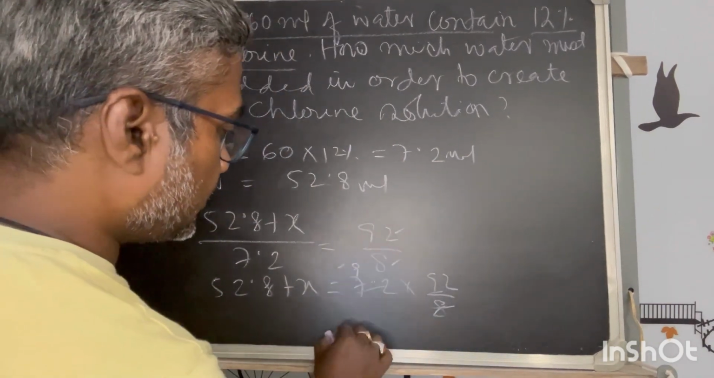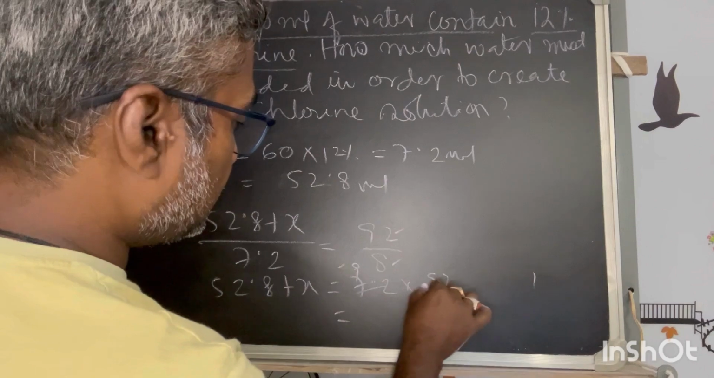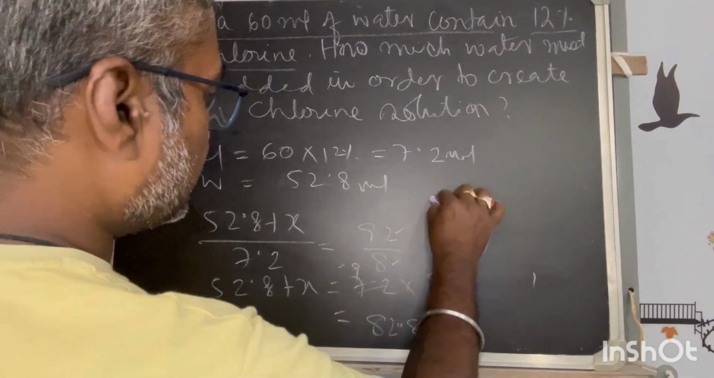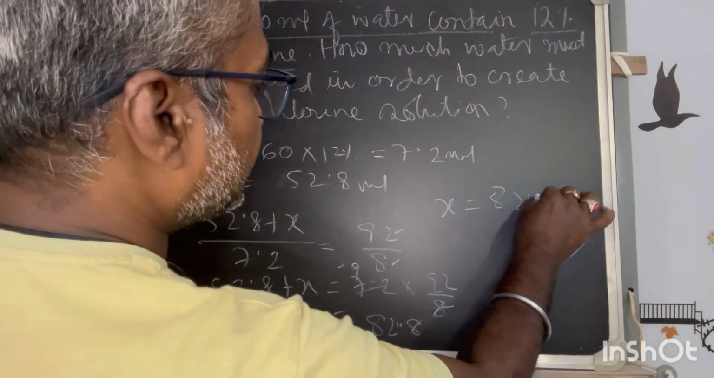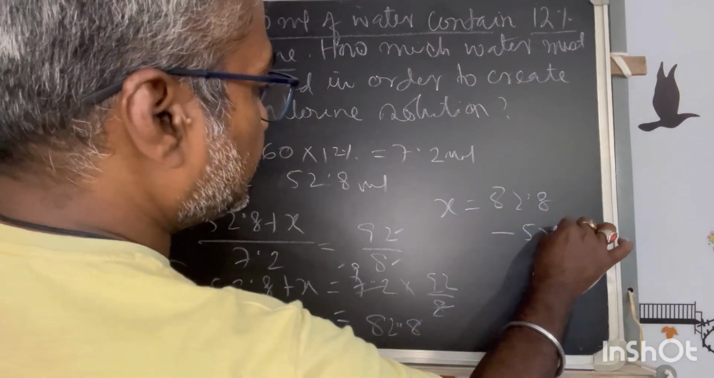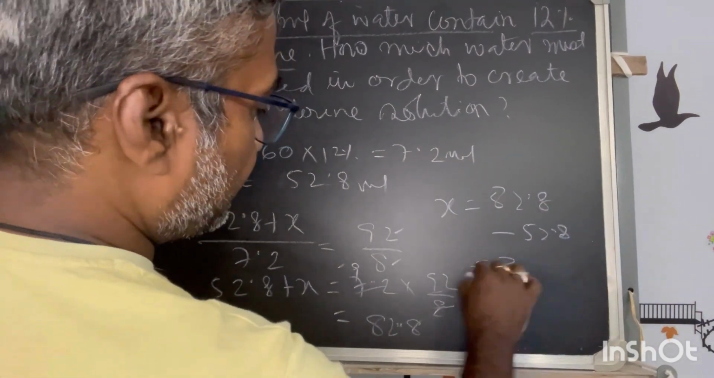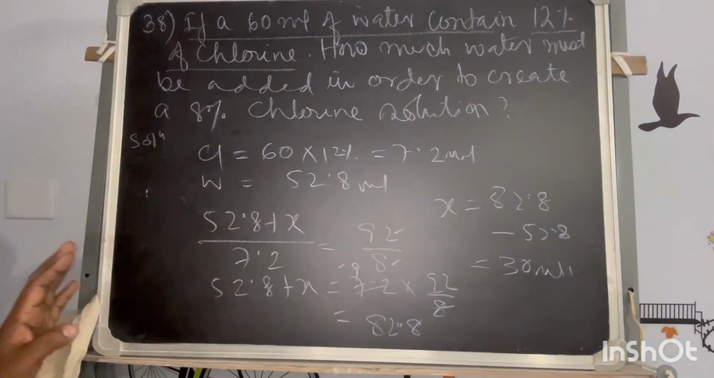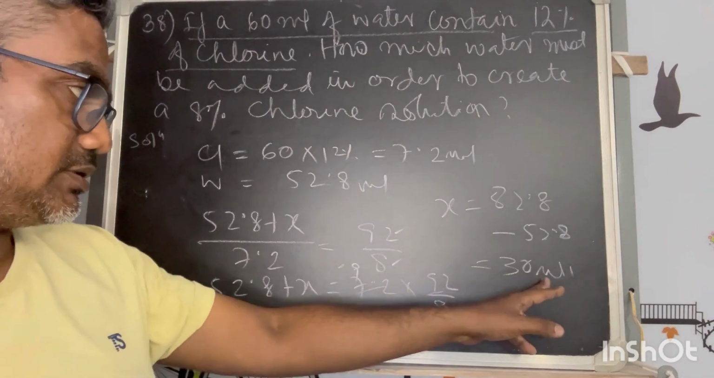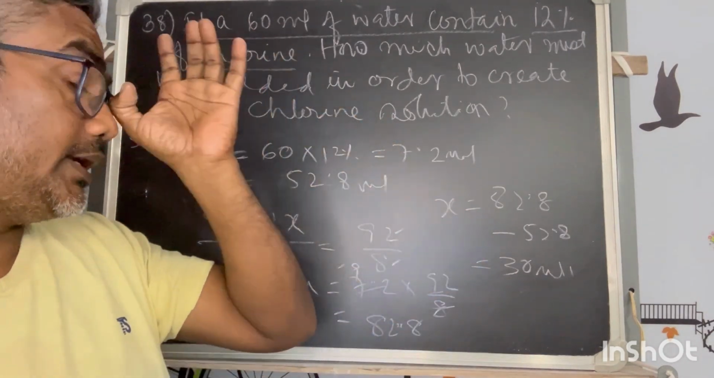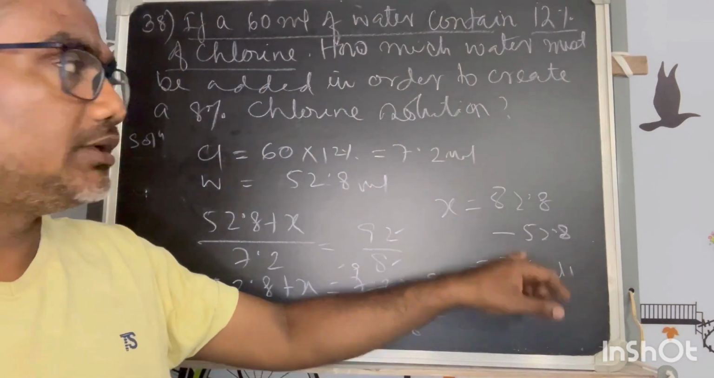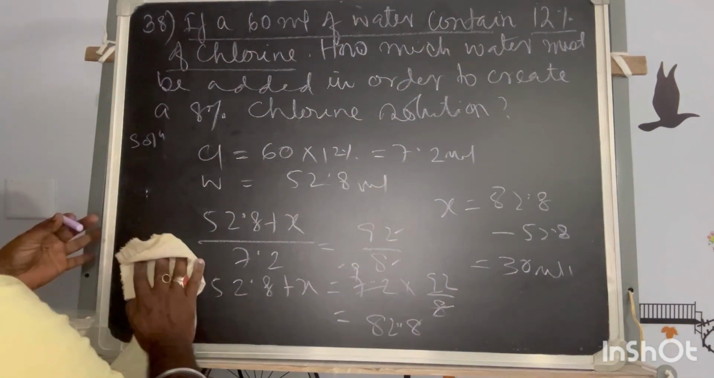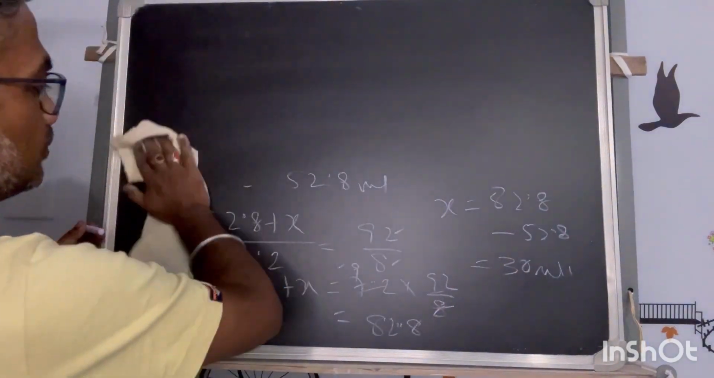52.8 plus X is equal to 7.2 into 92 by 8. This is equal to 82.8. So what is X? 82.8 minus 52.8. So this is how much? 30 ml. Now directly this can also be done. So in both cases I am getting X equal to 30 ml, in the first procedure also, in the second procedure also. Okay. The next is problem number